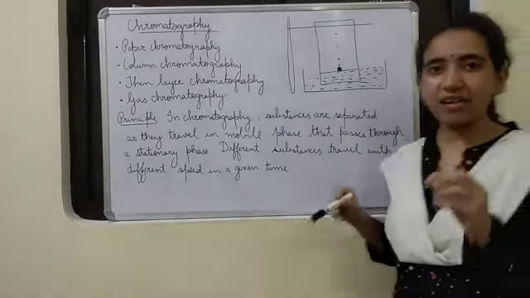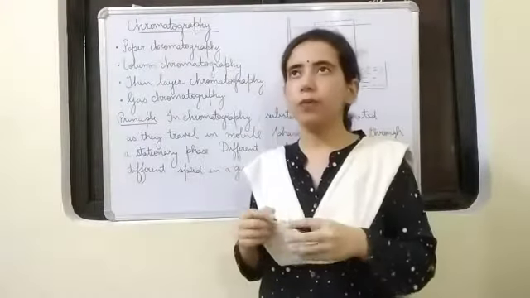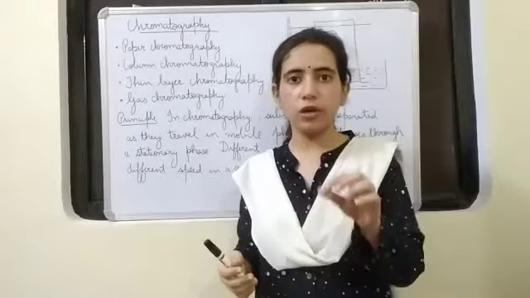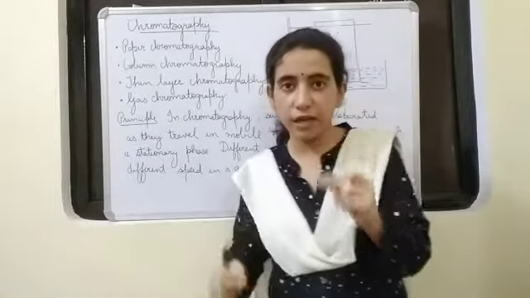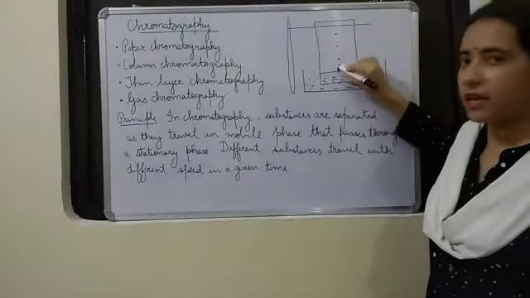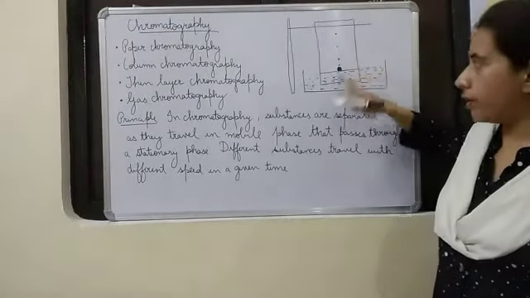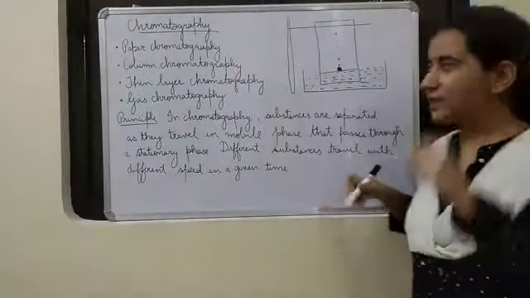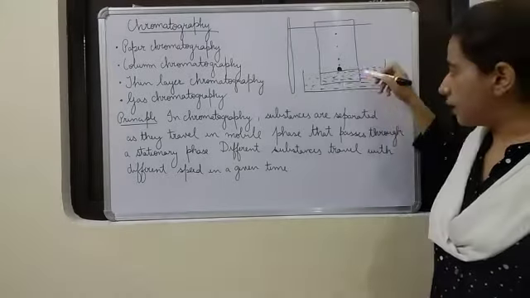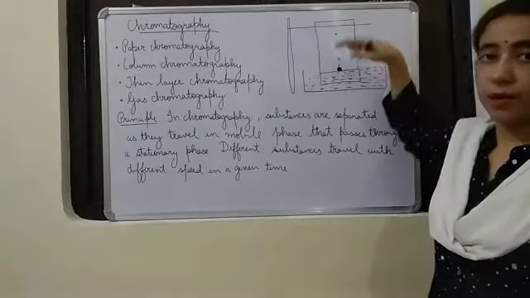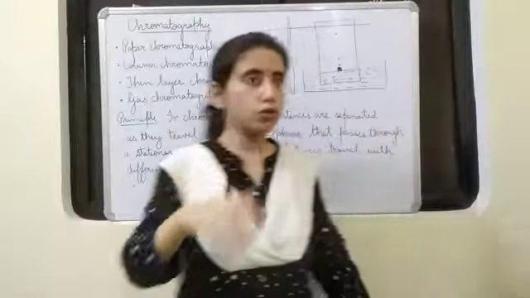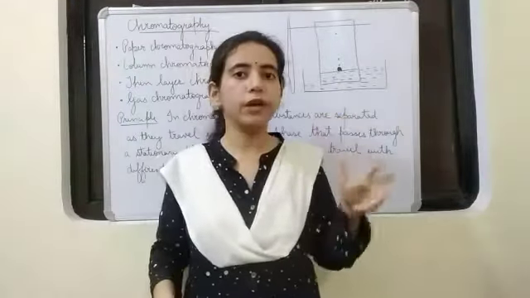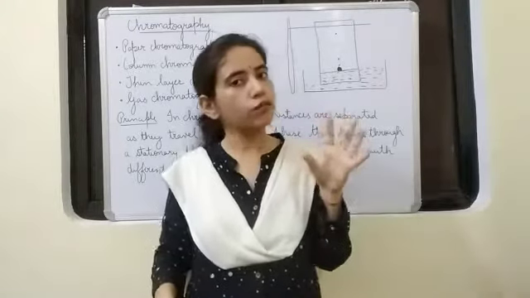Then we will add just one drop of the colored ink. Suppose that colored ink is made up of different colors: red, blue, yellow, green. We are going to take only one drop of that colored ink, and place it here at the baseline. Already this paper was hanging in the solvent, and we have placed one drop at the baseline. We will see the solvent try to rise up. And which solvent are we going to use? That is also important. We will use a solvent that dissolves the components of the ink, the different colors. Only that kind of solvent we will use.